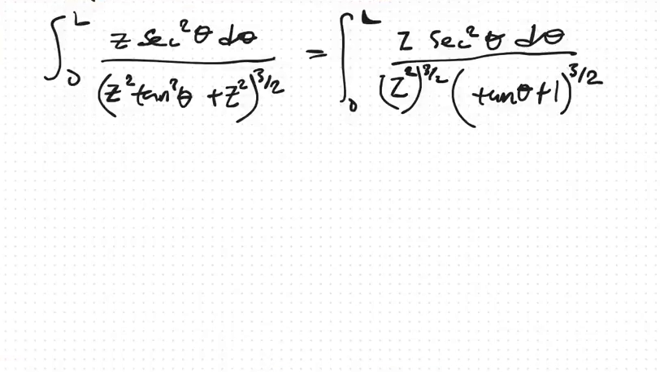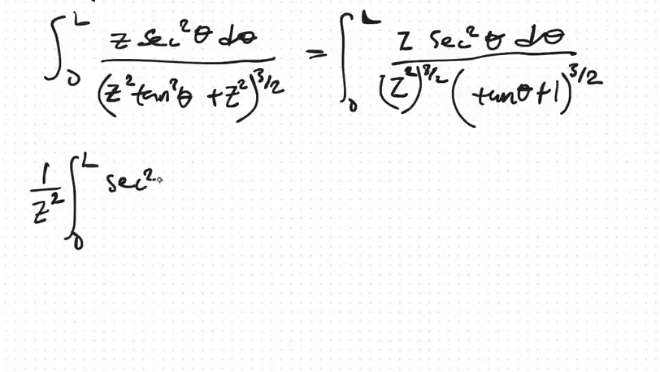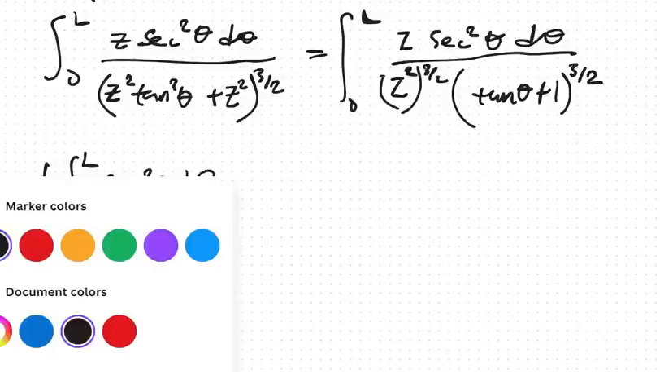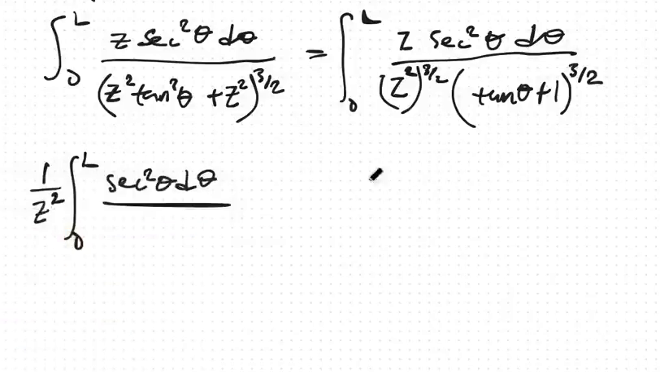Let's still do a little simplification. This will be z to the power 3 here, and we have 1 over z, so we'll be having 1 divided by z squared, the integral from 0 to L of sec squared theta d theta divided by, but from our trigonometric rule, we know that